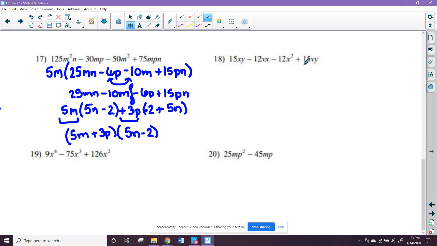What goes into all 3? A 3 does. And then we have an x, an x, an x, but no x here, so we cannot take out an x. We have a y, and we don't have y's in our middle, so we can't take out a y. We take out a 3, we get 5xy